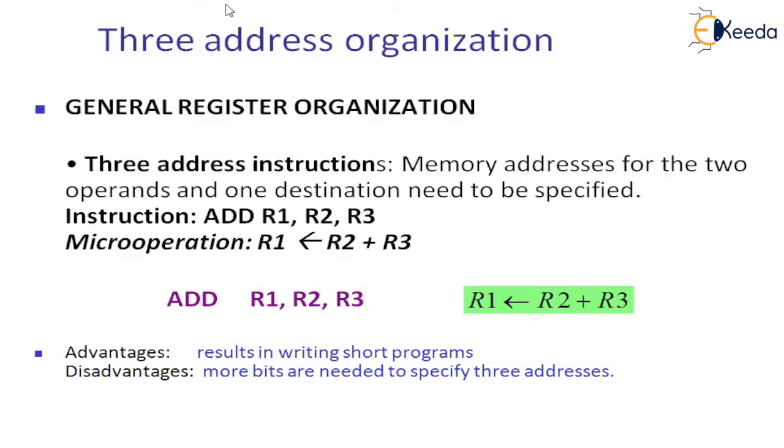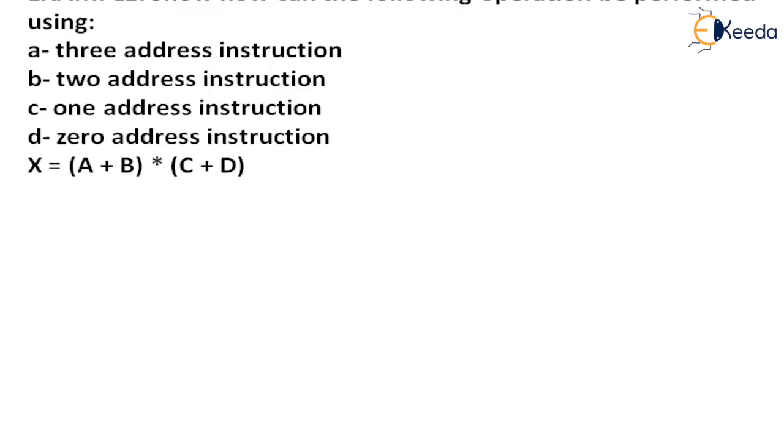In the one address instruction, I can have only one opcode and one operand. But in two addresses, one opcode, two operands. Three addresses, one opcode, three operands. That means that the number of bits required to design an instruction will be more. Now, we just try to evaluate this by using one address, two address, and three address.